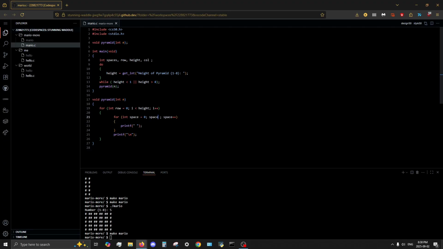As long as the space is, so this is not i anymore, this is row. So this runs for as long as the space is less than the height. But that does not account for